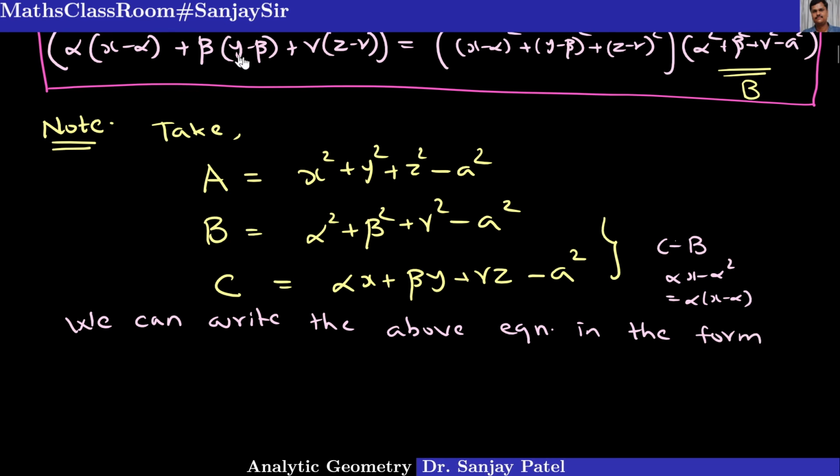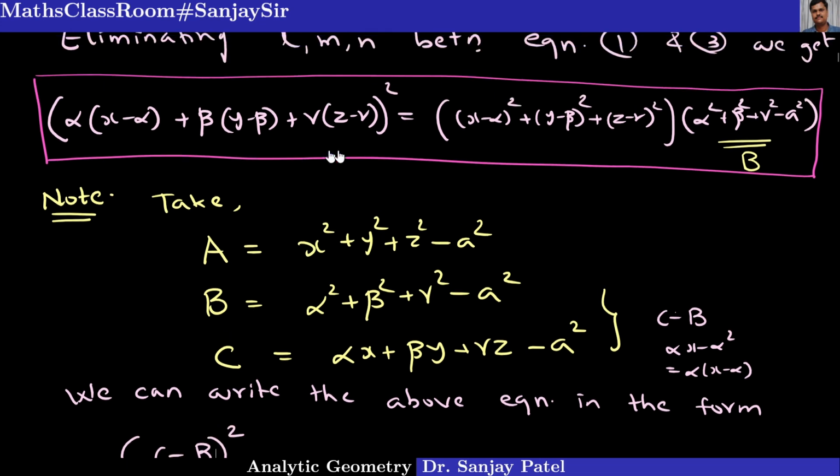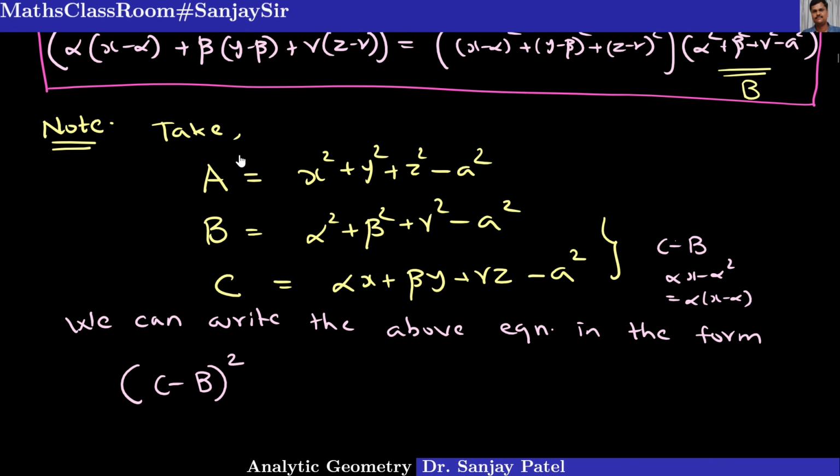This left hand side expression is C minus B whole square. The square is already there. We just have to worry about this expression within this bracket. Here, this is already B. So this is C minus B. This whole thing is C minus B. So C minus B whole square. And further, you can